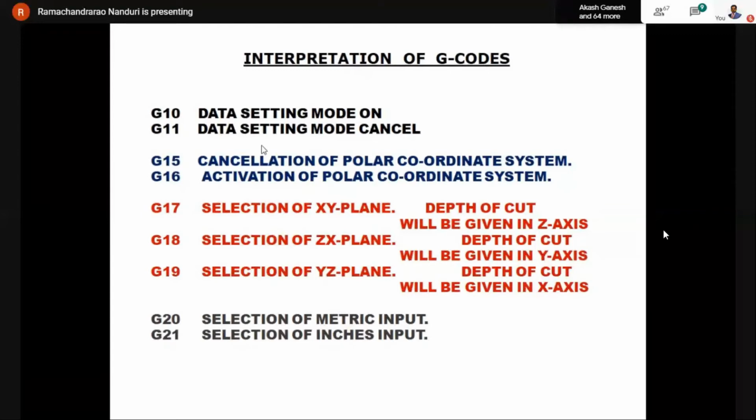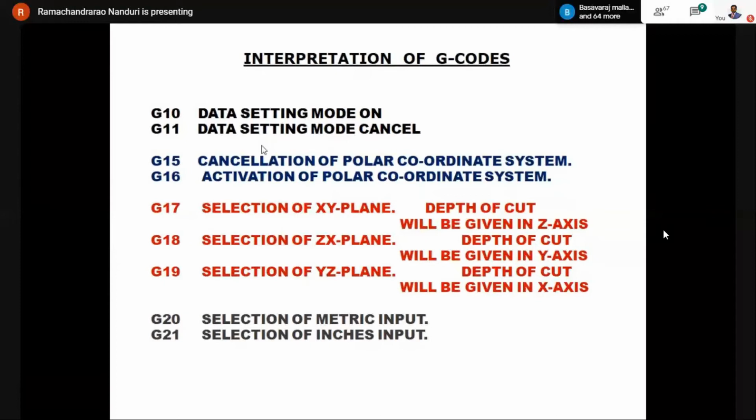If you forget that, and tomorrow you come and switch on the machine and start operating it, it will be referring to polar coordinate system itself, not Cartesian. So you will be getting confused about what happened with the machine, and if there is any mistake somewhere, we will be misled by ourselves. So whenever you need any polar coordinate system, you have to activate it by G16. And as soon as our work in polar coordinate system has been finished, then you have to give the command G15 also at the end of the program.